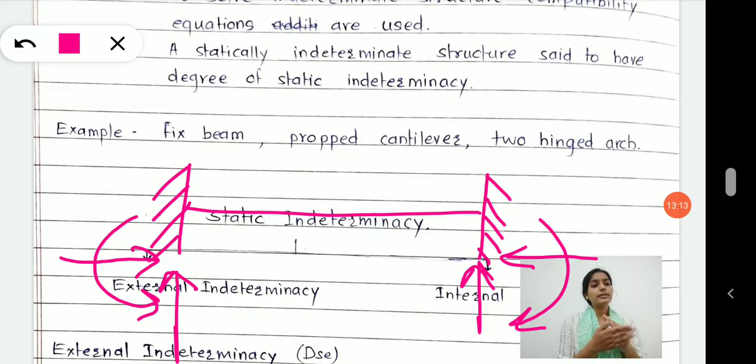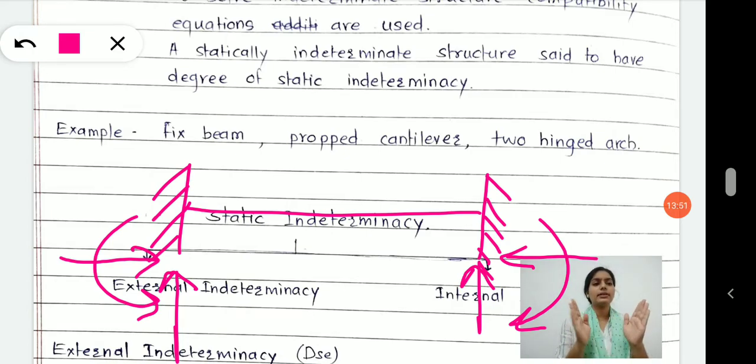We have restricted the movement in vertical, in horizontal, and rotation is also restricted. Therefore 3 unknowns develop. Why 3 unknowns? Because vertical force, horizontal force and moments are not allowed. Not allowed means that movement in that direction is not allowed. Vertical movement, horizontal movement and rotation are